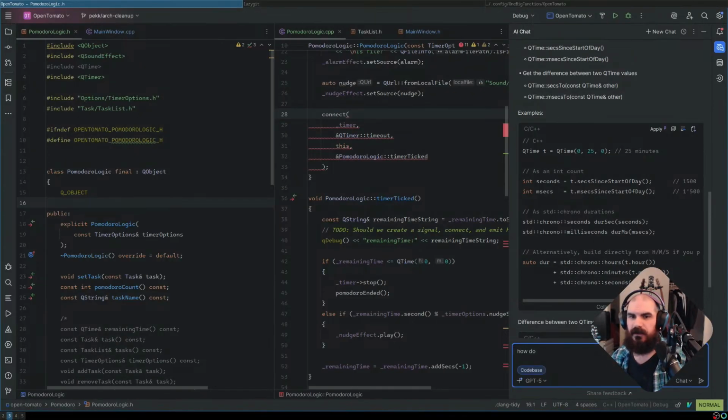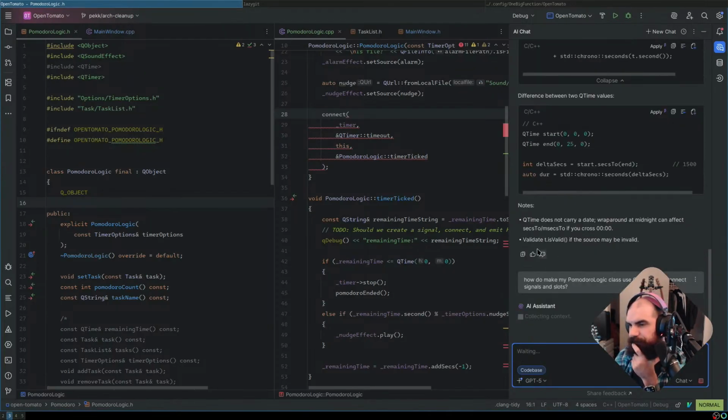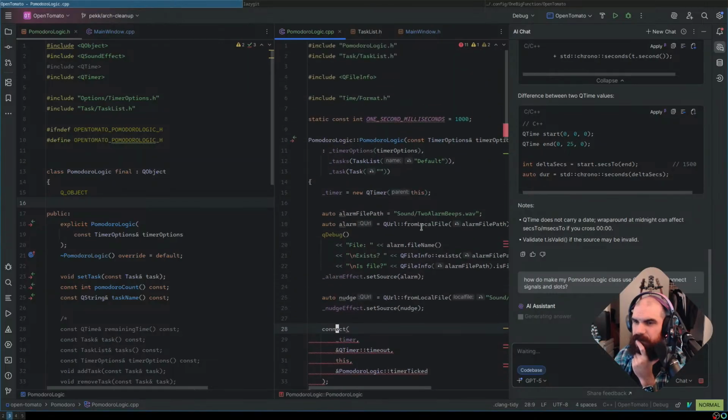How do I make my Pomodoro logic class use QObject and connect signals and slots? Thought this would have been fine.